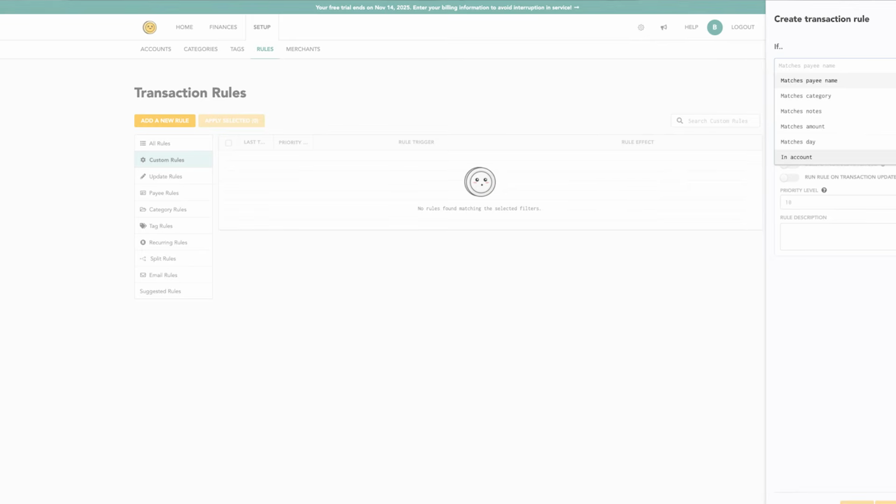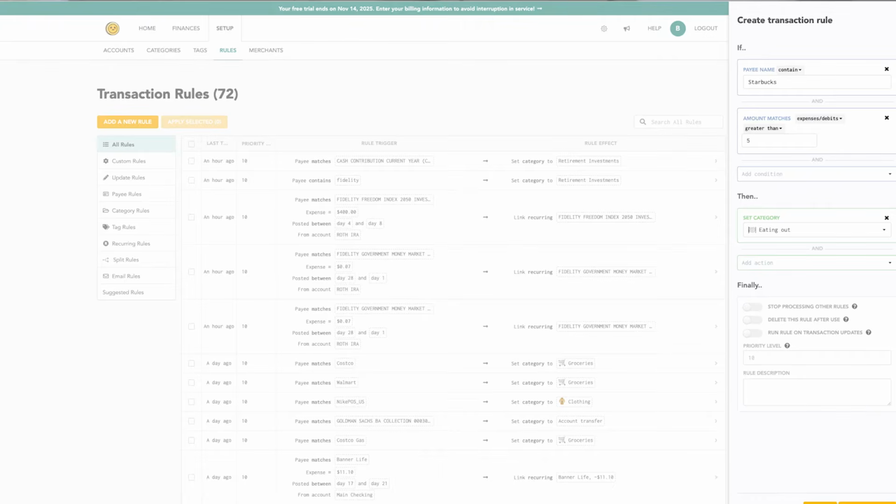You can create rules, and I like this. There is a fair amount of customization available. Most budgeting apps will only let you do one layer of rules. If it's purchased at this store, then it gets categorized as this. That's usually the only option. With Lunch Money, they have more options. I'll throw some of them up on the screen here so you can see some of the different customizing options,